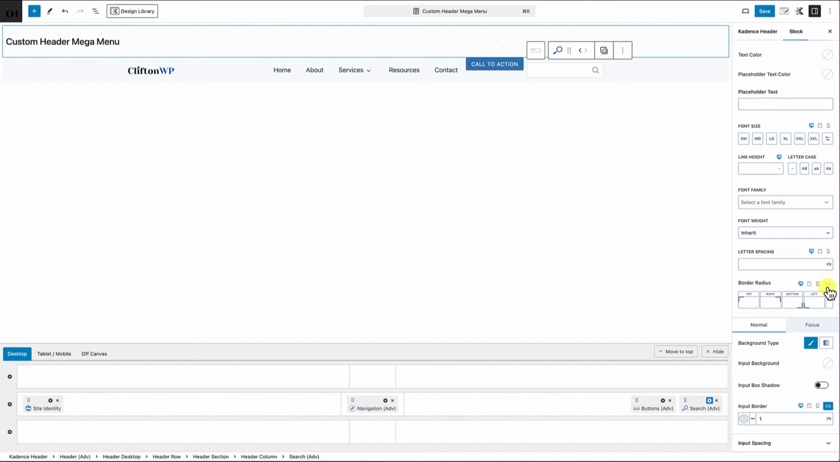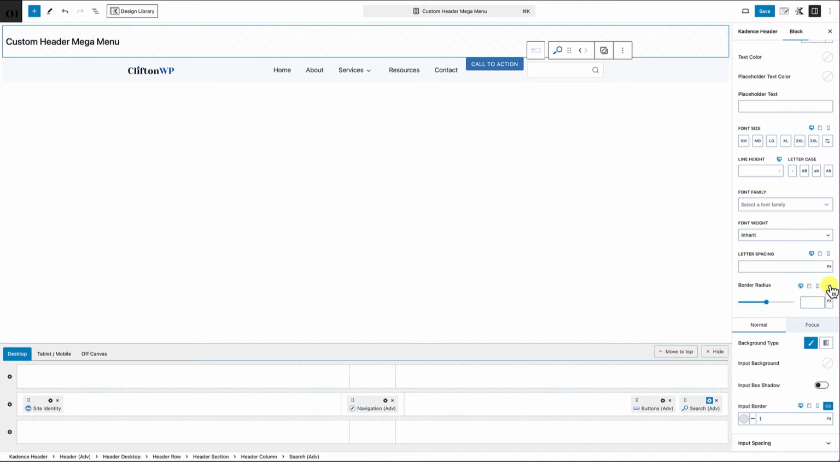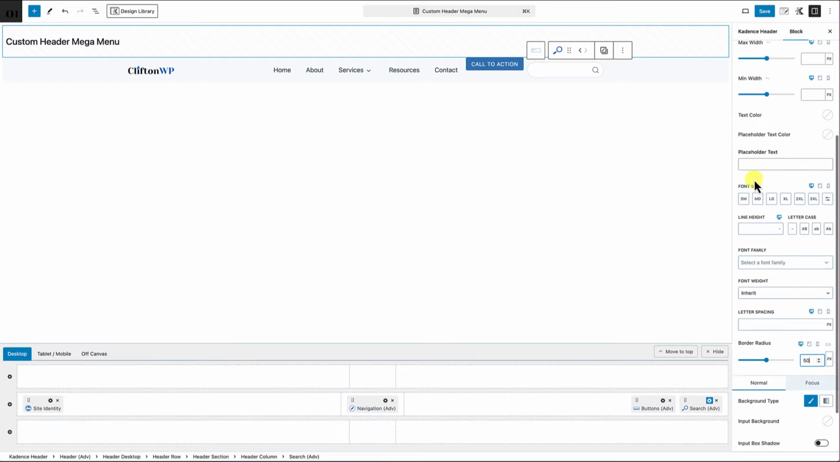So if you wanted this to be like a pill, we can go ahead and unify the sides here and add 50 pixels, and now it looks like a pill. The other thing you can do is you can add placeholder text. So we can say search here,